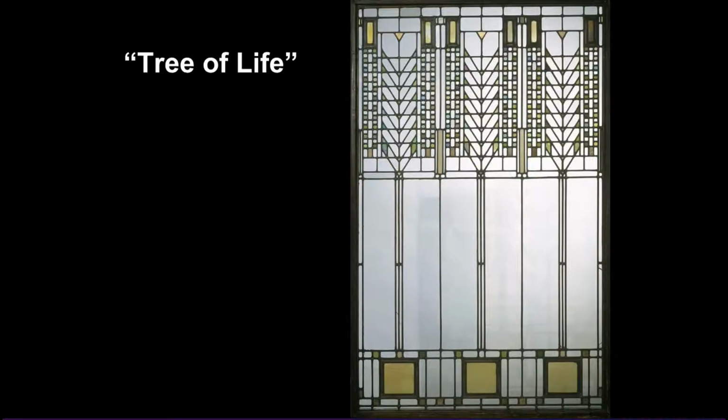This is one of his stained glass windows. It's called the Tree of Life. It uses natural themes, but it does it in a more geometric display than what we saw with Ruskin and so forth before. It's an attempt to combine the aesthetic of nature with the mathematical engineering of human endeavors. Frank Lloyd Wright was really big on trying to say, hey, nature is very important. I want to have nature in all of my work, but I also want to be able to combine that